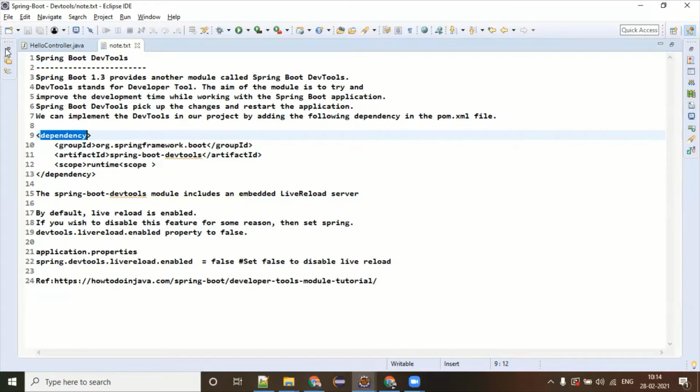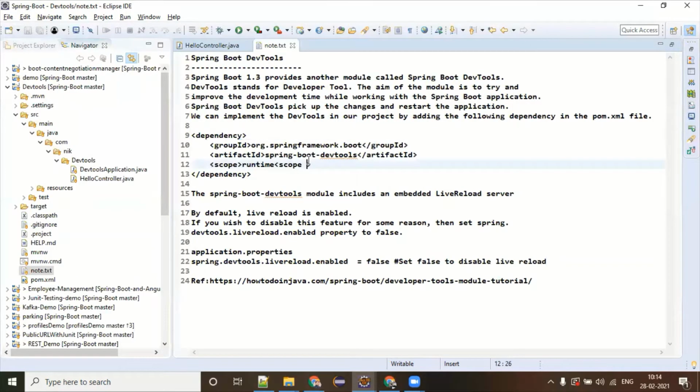Now, one more important point I forgot to discuss yesterday: Spring Boot is internally using the Spring Core module, that is IOC and all. And when we talk about IOC, to deal with any classes, you have to create a bean of that class. So bean creation is ideally taken care of by the user, where you are defining your bean for your controller, your service, your DAO, your repository, or other utility class, whatever you have.